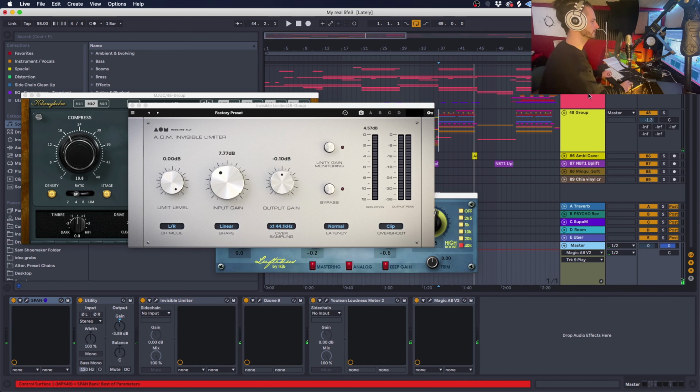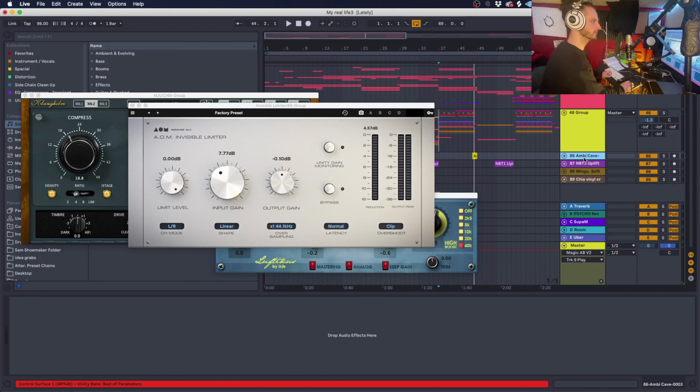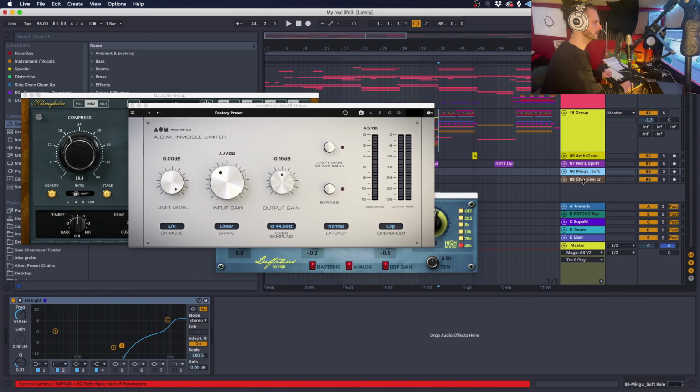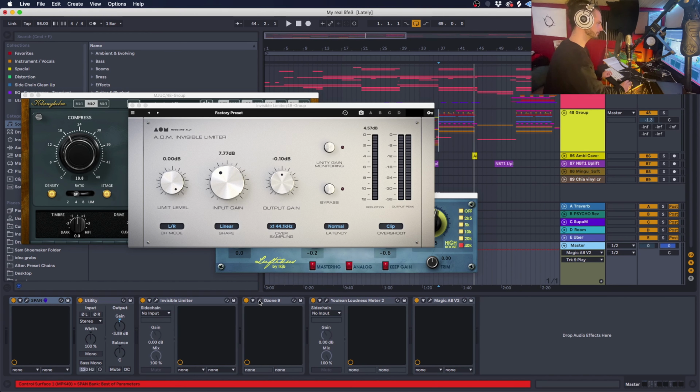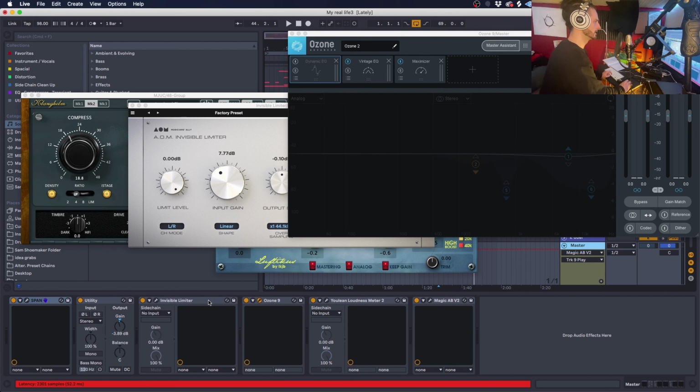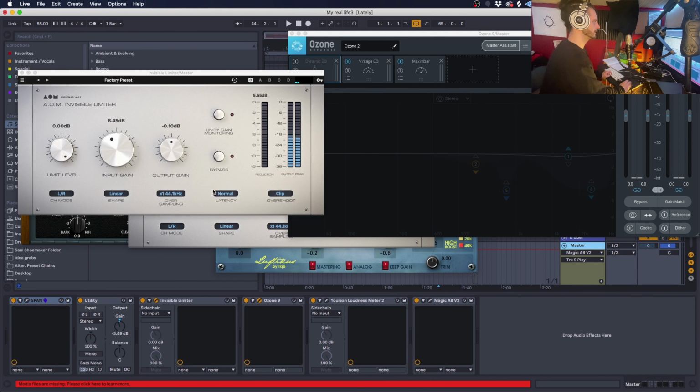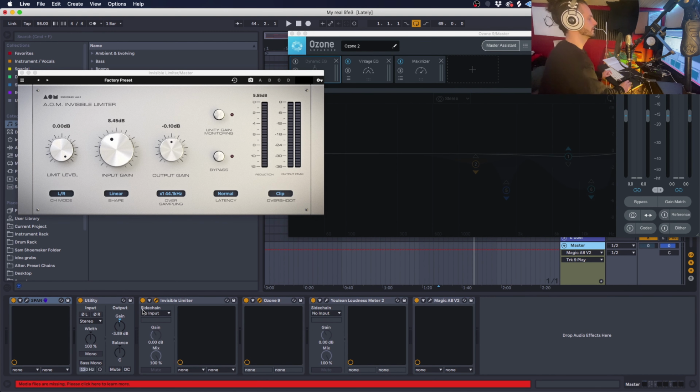So then you have the vocals in that group, the instrumental in that group, except for these few little risers and hits and stuff that I added on later. And then that's going into these mastering plugins right here. So this is, again, a little bit more of a creative mix, a little bit more of a musical mix, and so I just did things on how I feel. I had to use this utility to turn down the gain so that there would be correct gain staging through these two plugins.